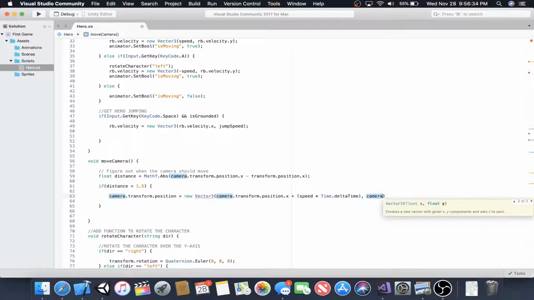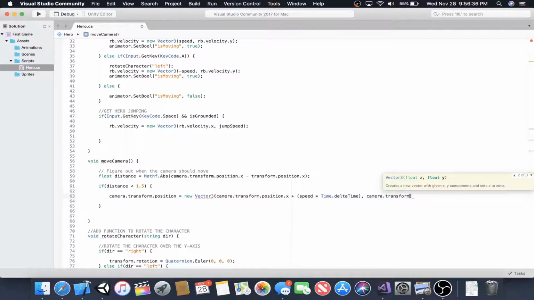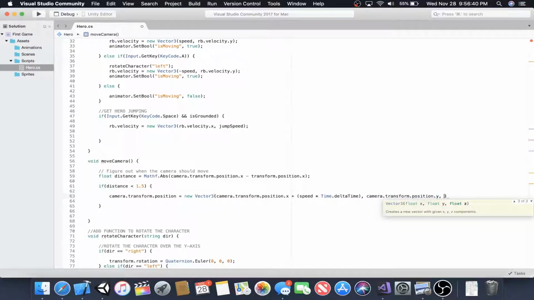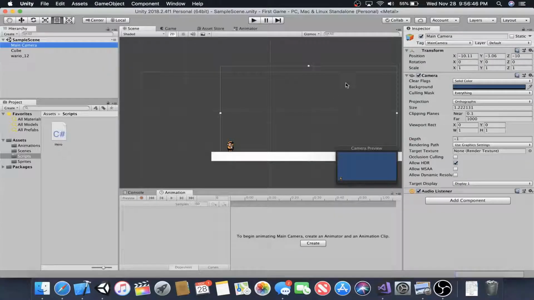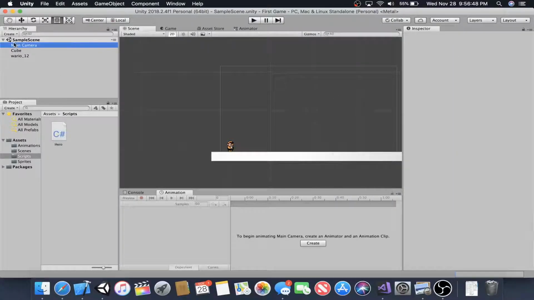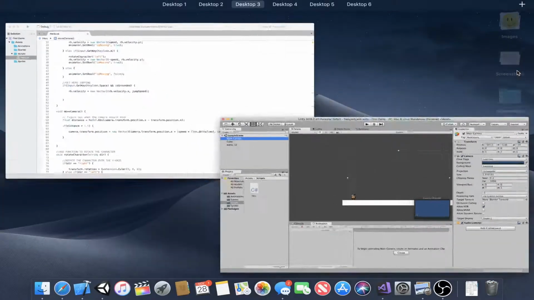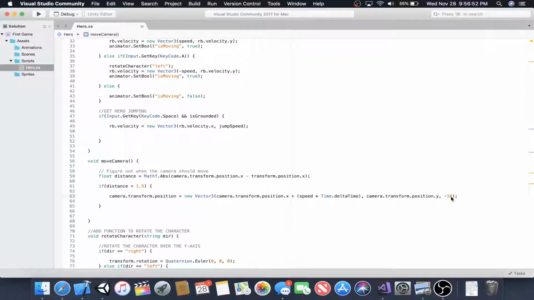We want to keep the same y value, camera.transform.position.y, and then just keep the z at -10, because I think that's what we have the camera at. This just makes sure that they don't overlap. Yeah, we have it at -10. This just makes sure that if Mario and the camera are actually on the same z-axis, which is